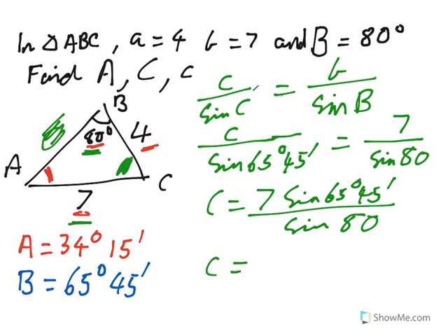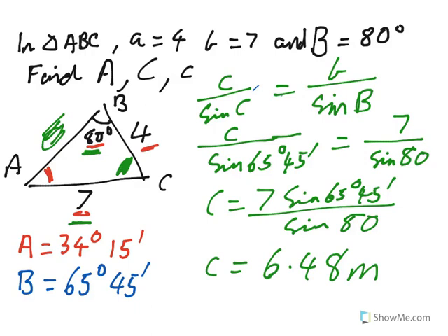You can do all of that in your calculator. Don't forget, you've got to tell the calculator that the angles are in degrees and minutes. Otherwise the calculator just thinks it's a decimal. If you're not sure how to do that, make sure you ask, but it's in the transformation menu, DMS. Alright, and when you do all of that, you get 6.48 metres. Alright, that is it